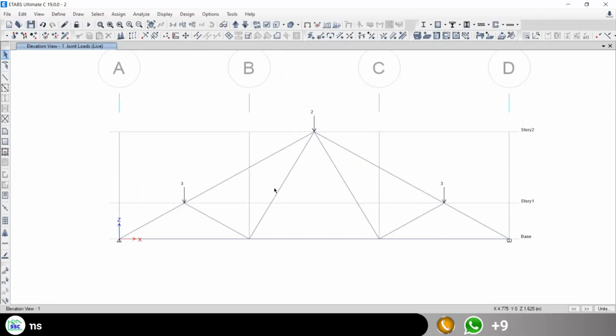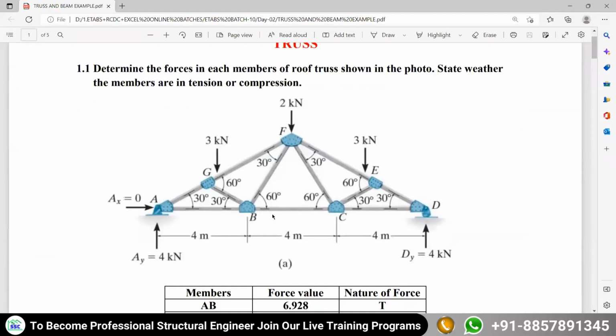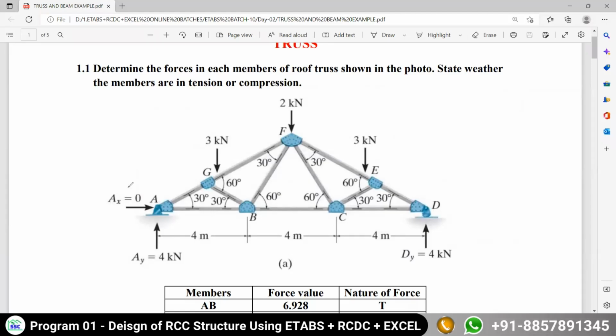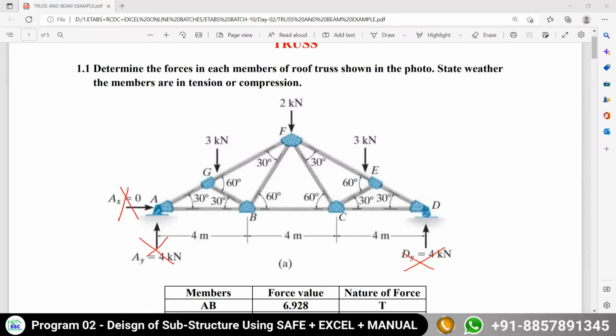This is all done. After that, let me check, is there any other load? No, there is no other load. The reactions, AX and AY, these are all reaction values. Actually, it is not there, and we don't need to consider this. These are the results after the analysis. You might have done this kind of problem in your academics, in engineering mechanics. Am I right or wrong? Yes, sir. Okay, very good. Now coming back,